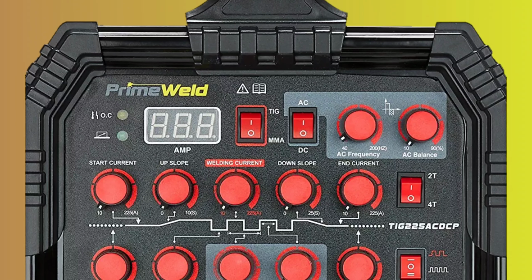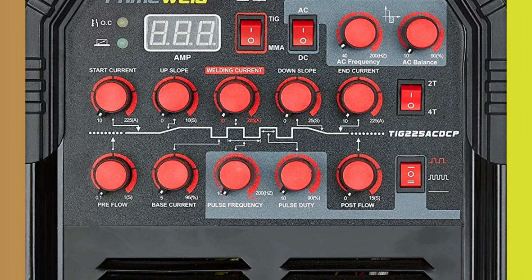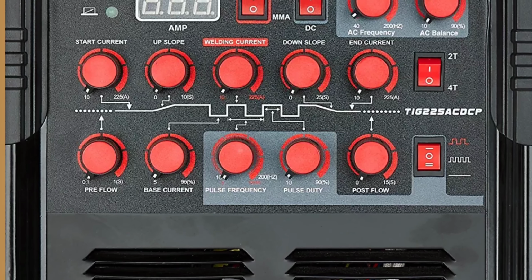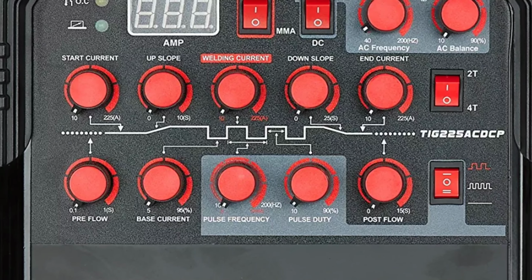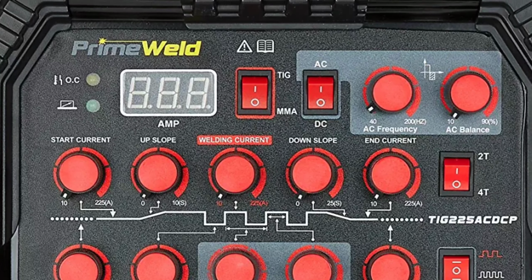With pulse width modulation and IGBT technology, you can count on reliable performance no matter what the job. This advanced inverter technology offers pulse frequency up to 200 Hz, allowing you to weld up to 1/4 inch aluminium and 3/8 inch mild steel with ease. With HF start hand torch control, and a foot pedal for precise heat control, you'll be able to tackle any